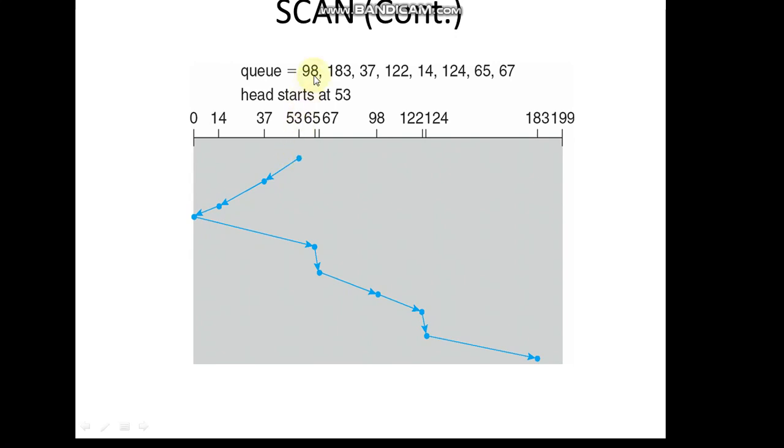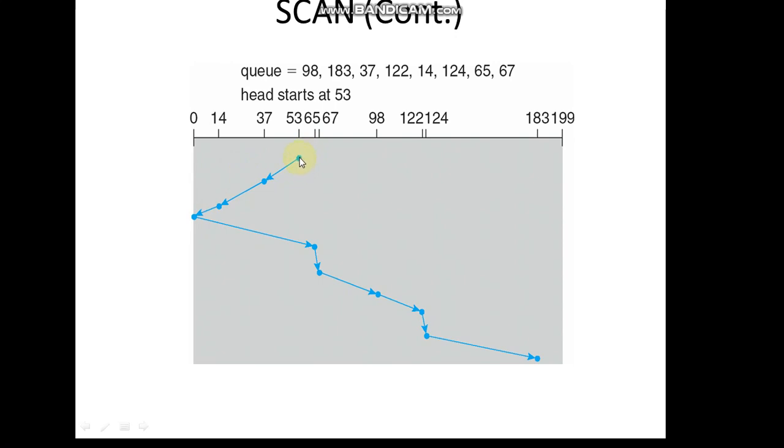The way SCAN works is that it moves towards one end first. Either we can take it to the left end or to the right end. Remember this, you can start with any end. Both are correct, but you should mention it, because the total number of head movements varies when you move towards the left side and towards the right side. You get different counts in both cases, so you need to write what assumption you have made.